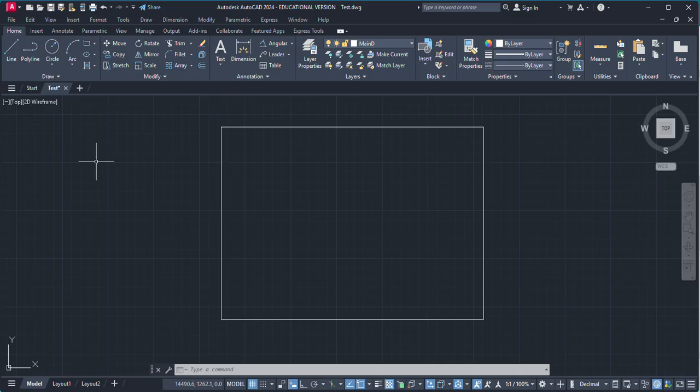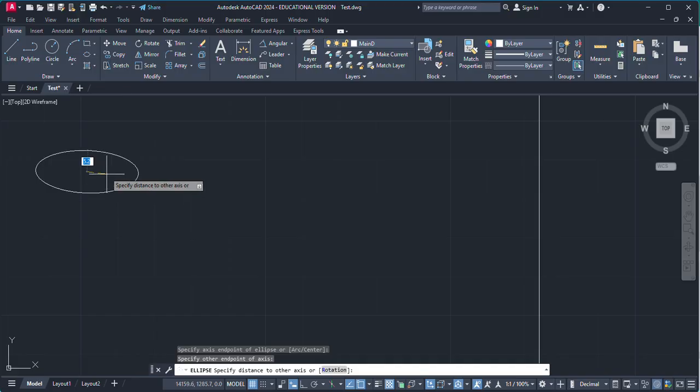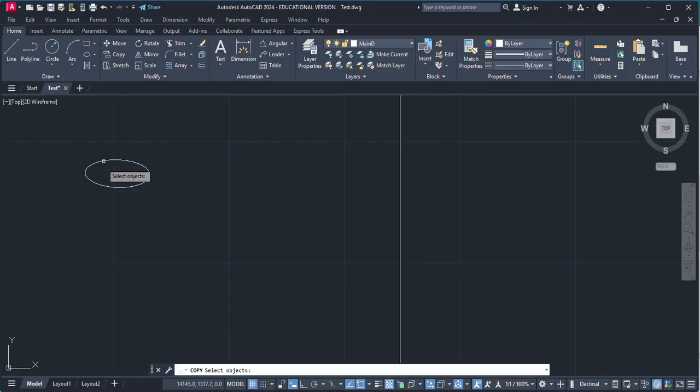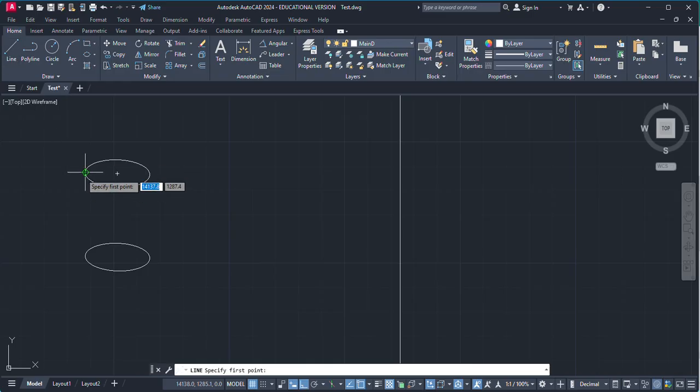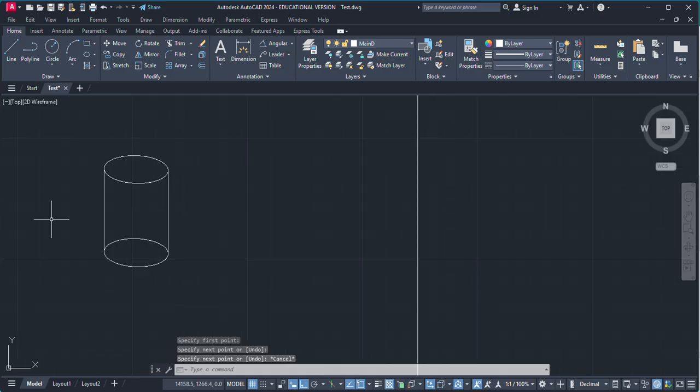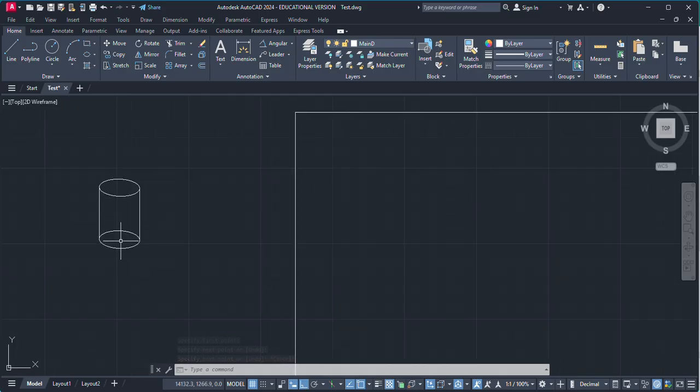Suppose we have a vertical cylinder like this. Let us assume this is our vertical cylinder. You can see this here. So if you have to draw this in orthographic projection, what you will do is draw a front view as well as a top